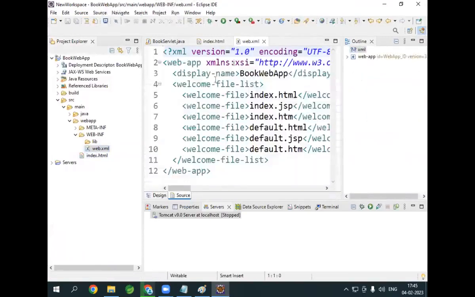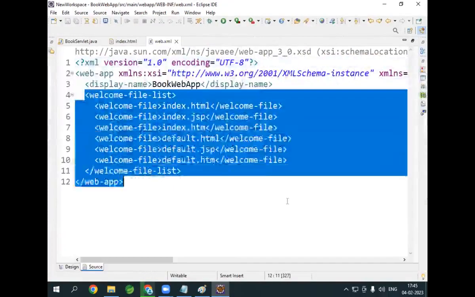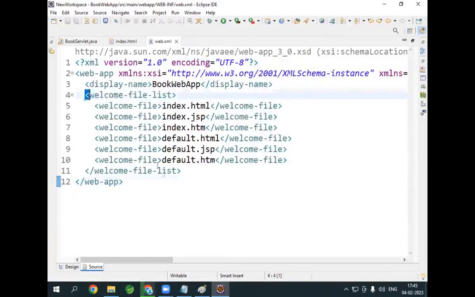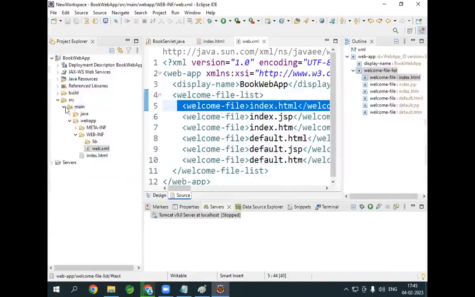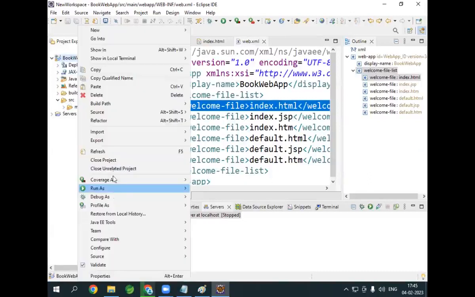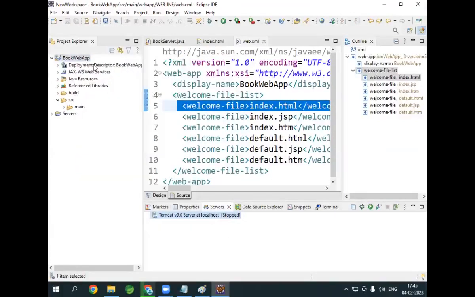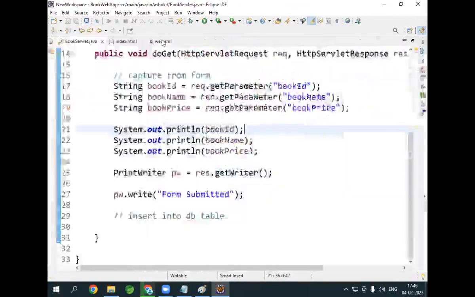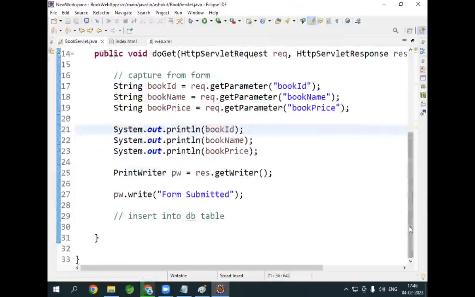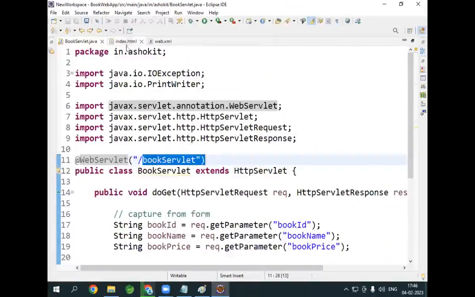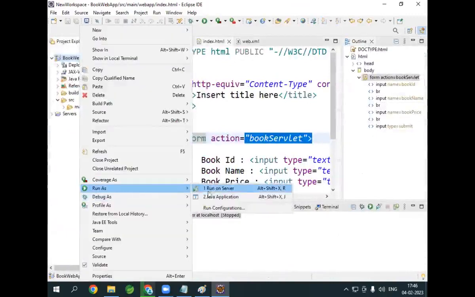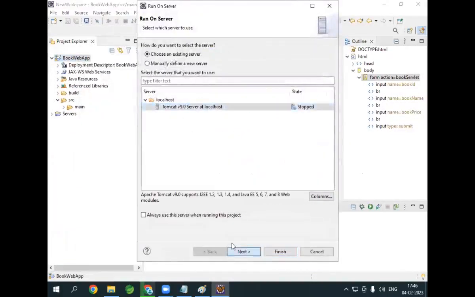index.html, web.xml. What is the purpose of this web.xml? Here the welcome file list will be available. If I configure multiple welcome files, what will happen internally? The first one will be identified. Right click, refresh. My server is also available. Let me run my project, run on server. What is my servlet URL pattern? It is book servlet. What is the action? Book servlet. Perfect. Right click, run on server, Tomcat, next,